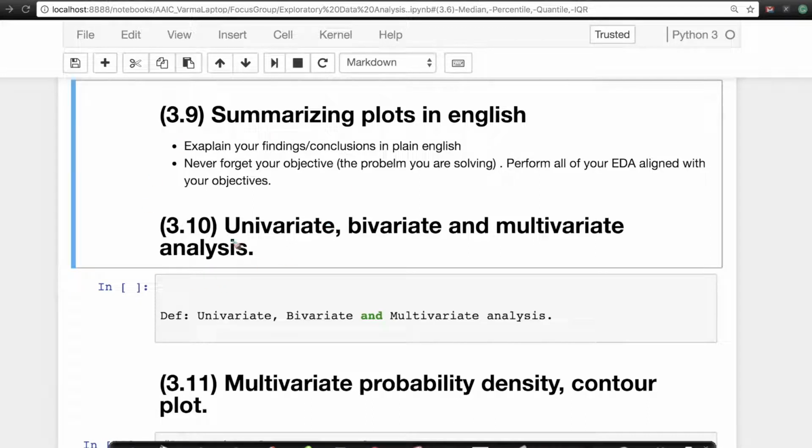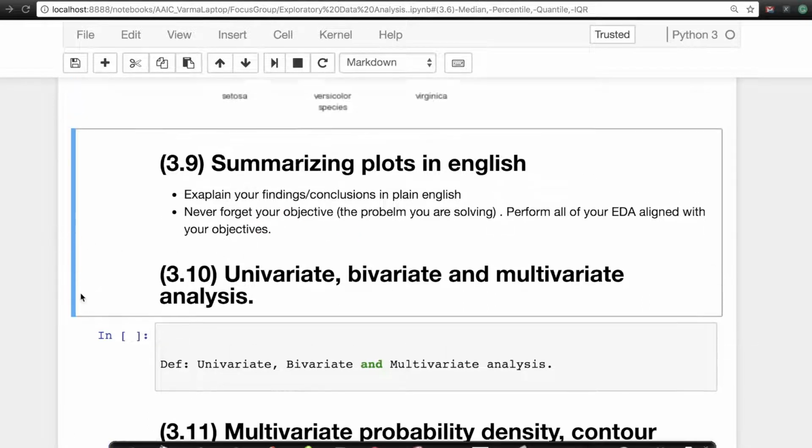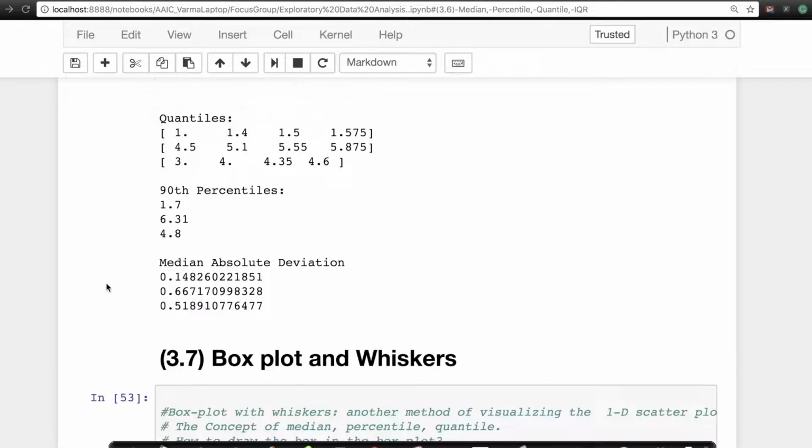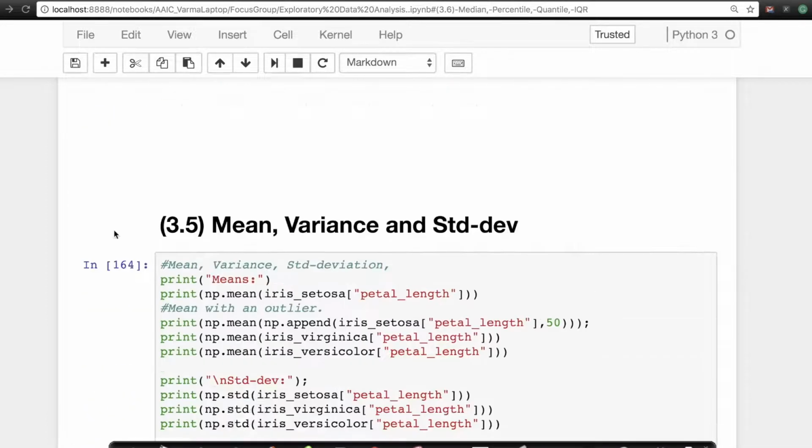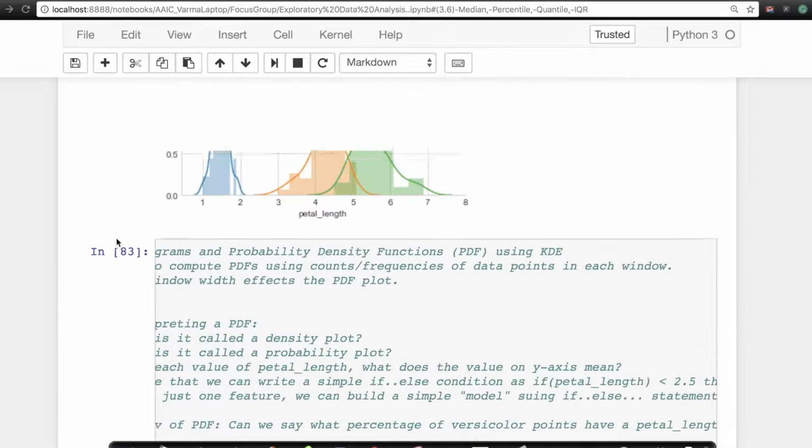So since we learned a lot of concepts, I wanted to go over a couple of miscellaneous topics which are important. One thing you may have noticed is that I try to summarize my plots in English. For example, all this, I was just trying to explain concepts to you. But if you look at plots like this, if you remember,